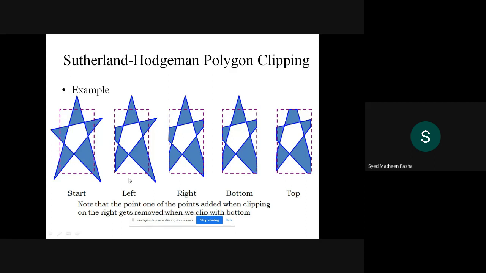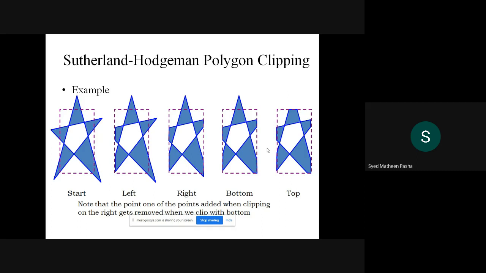While performing the right operations, this angle, or I can say this object's dimension, comes towards the right as well as the bottom. At that time, it will clip some part which comes under the bottom as well. So this is one of the advantages. If the extension of that particular object is outside the window and lies on both edges, that is the right edge and the bottom edge, if that particular area comes under the right edge also, it starts deleting that. So this is one of the advantages of this particular algorithm.